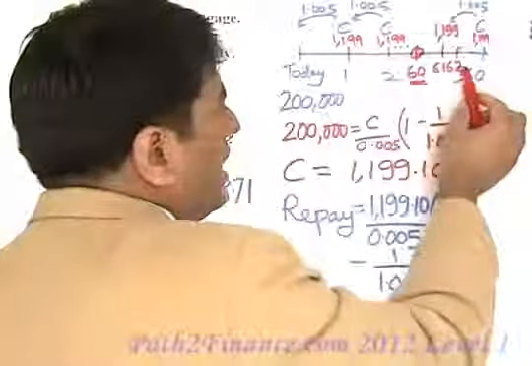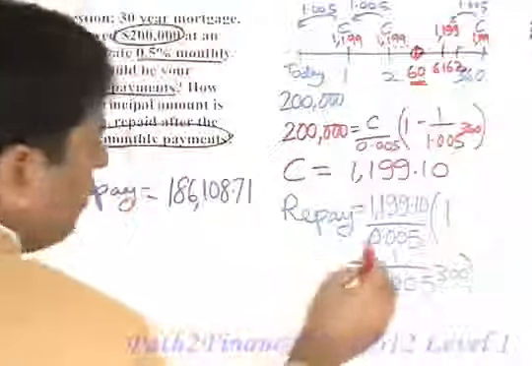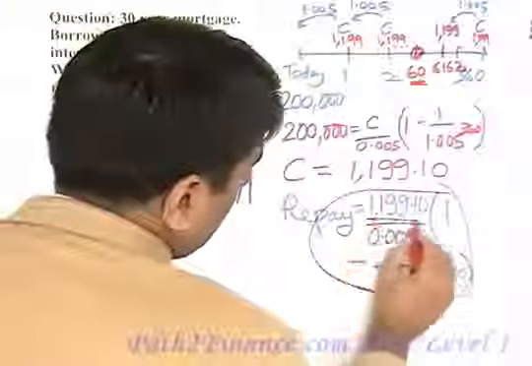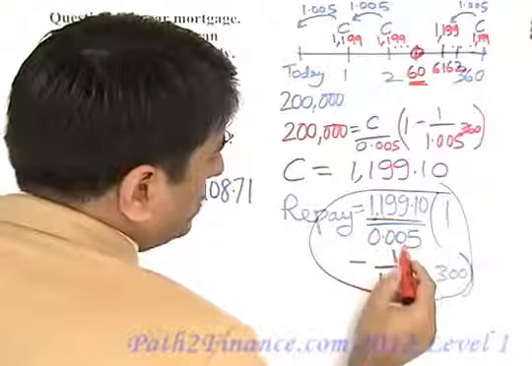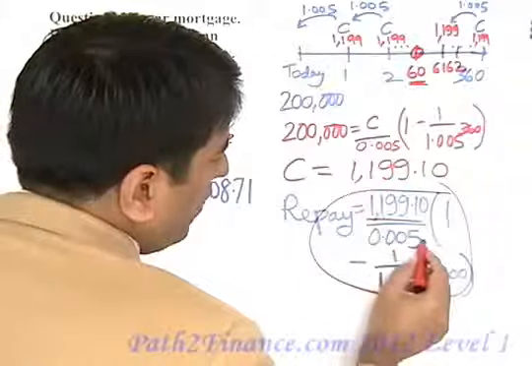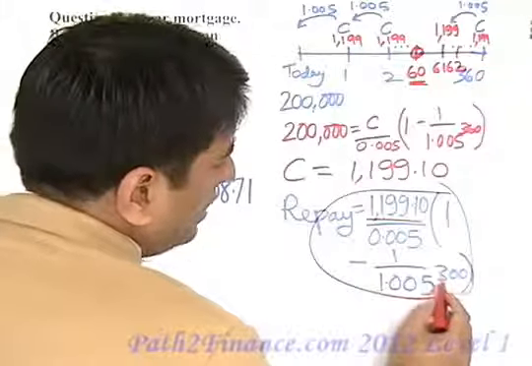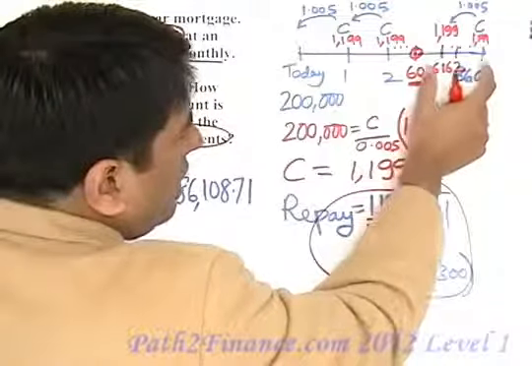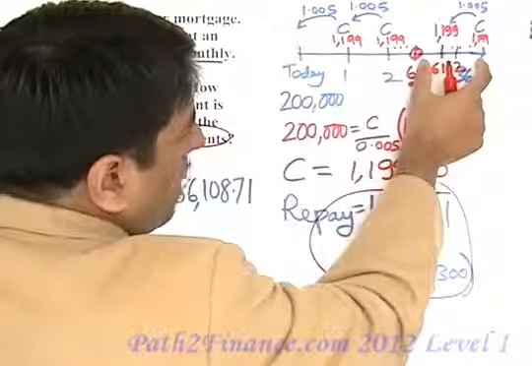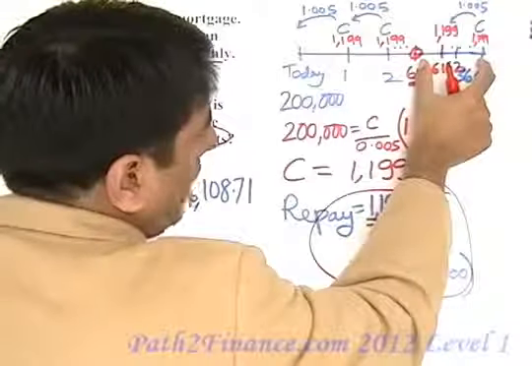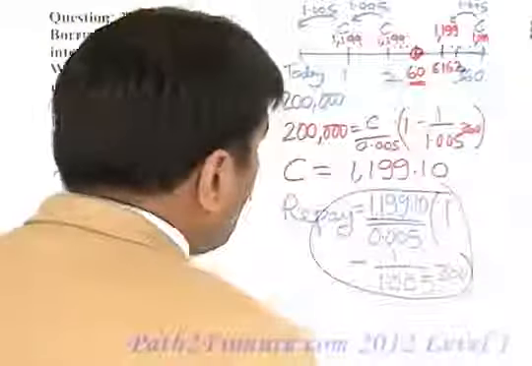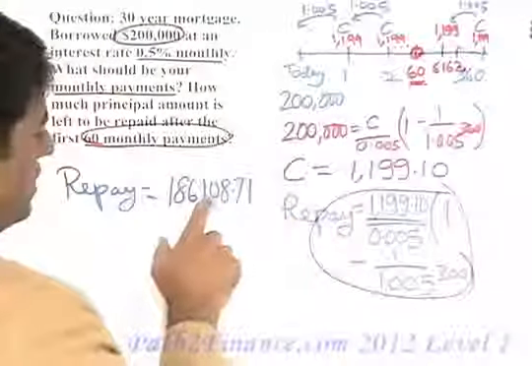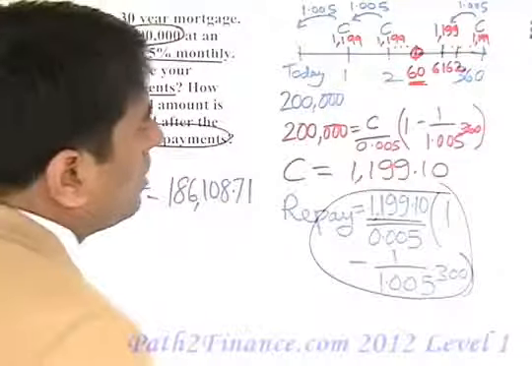So that would be found by the annuity formula, where you have the monthly payments to be 1,199 and 10 cents, the discount rate to be 0.5%, and the number of periods to be 300. There are 300 periods left when the borrower wishes to prepay. So this amount turns out to be 186,108,